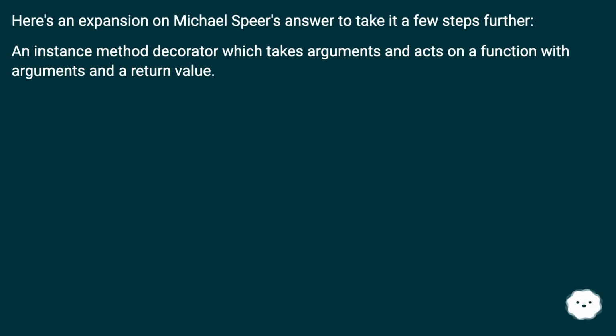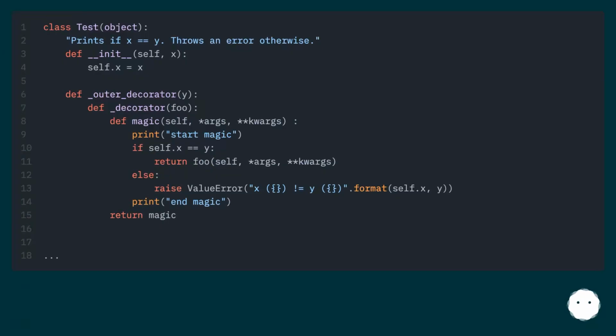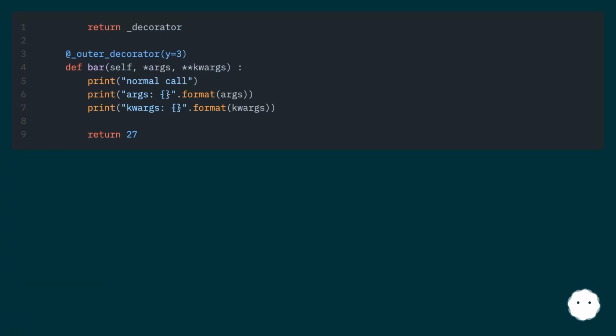Here's an expansion on Michael Speer's answer to take it a few steps further. An instance method decorator which takes arguments and acts on a function with arguments and a return value. And then,